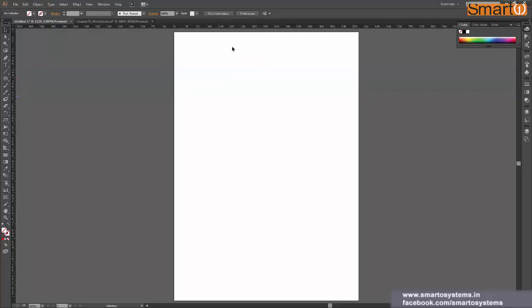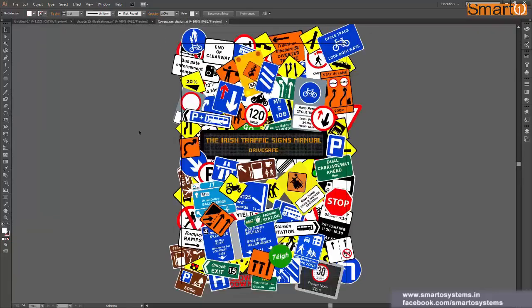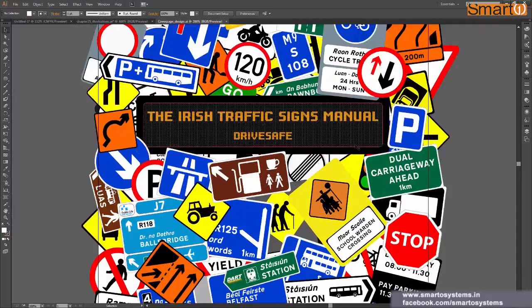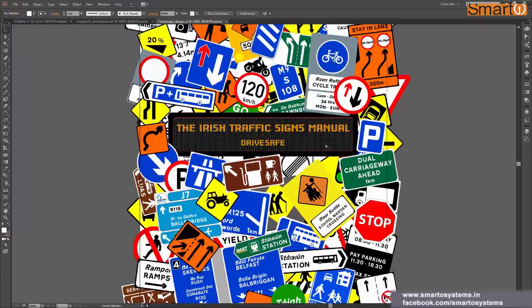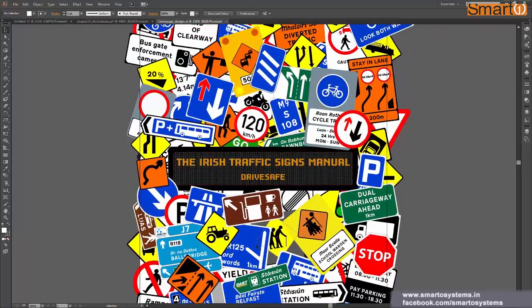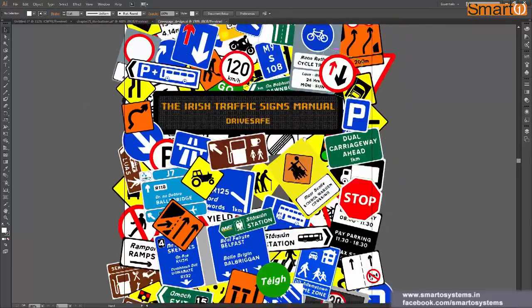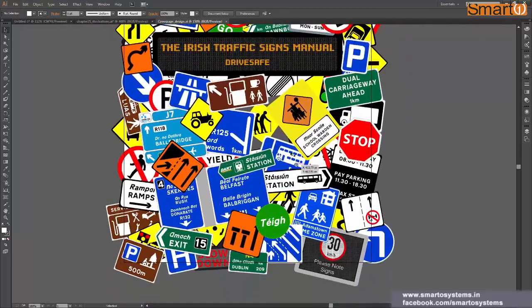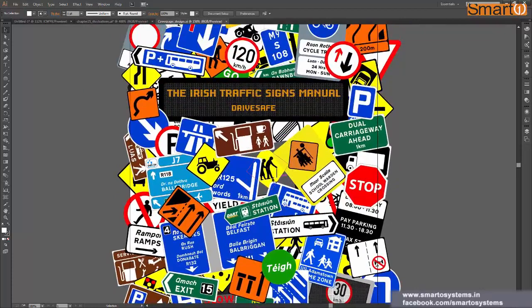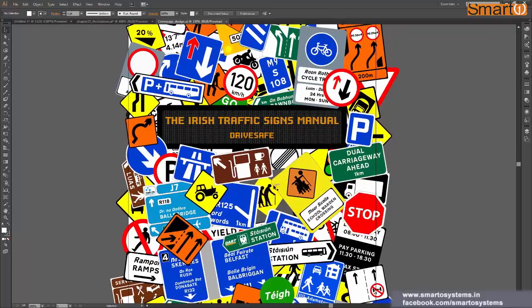Now we are going to see about layers and how this works. To understand layers, we will work on one of my existing works. So I have this file where there is a title in the center and there are a lot of signs one above another. So how can we use layers in such a project, and how have I implemented it?